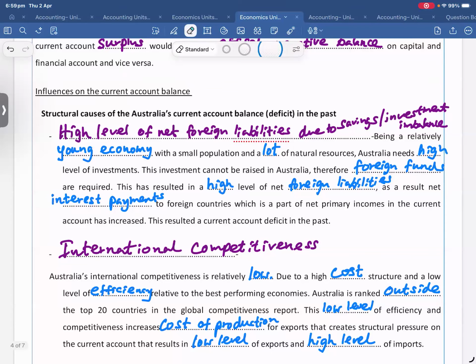Foreign debt increases. Yes, the foreign debt increases. Foreign debt increases means we have to service it. What do you mean by service it? Is it like servicing a vehicle? No, that means we have to pay interest. So that's how we service it. We pay interest, and then interest payments are recorded in which account or which section, guys? In the current account.